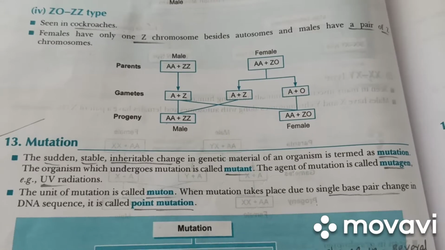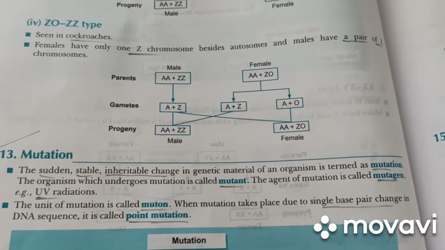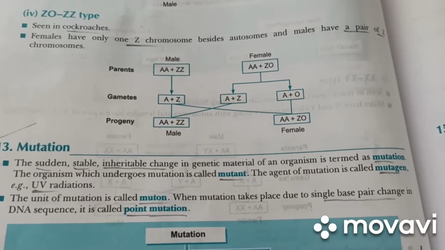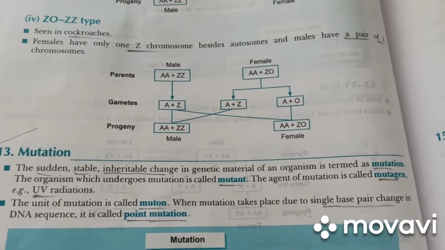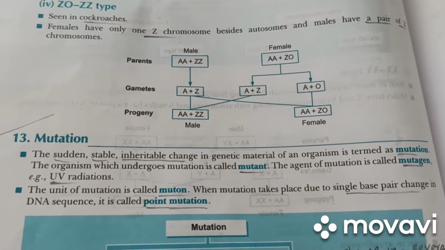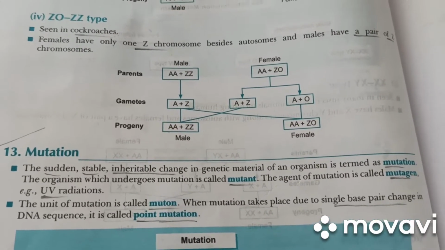Always how will they pair up? Adenine pairs with thymine, AT, same like cytosine and guanine, it pairs. So here in this pair, instead of guanine, you think adenine will come or thymine will come. That is known as point mutation. Clear? It's also one of the reasons for cancerous disease.